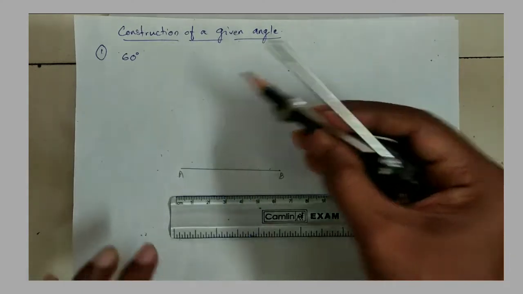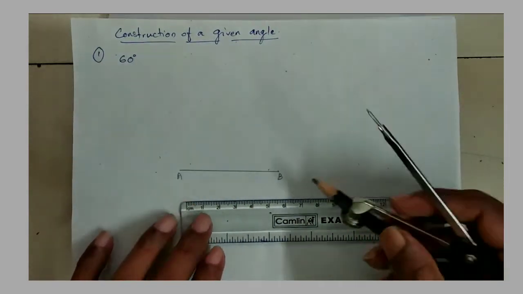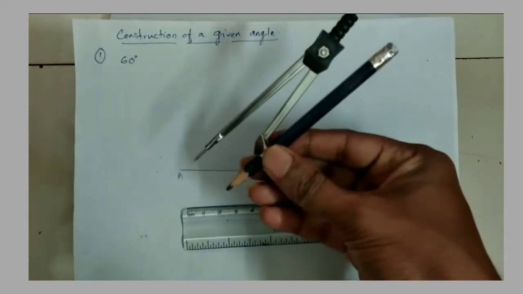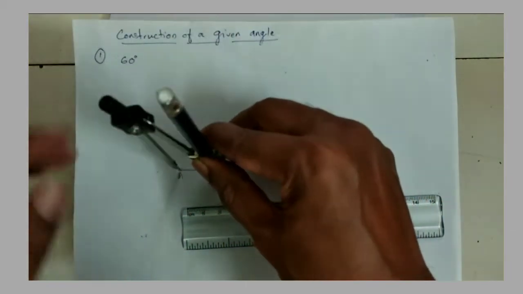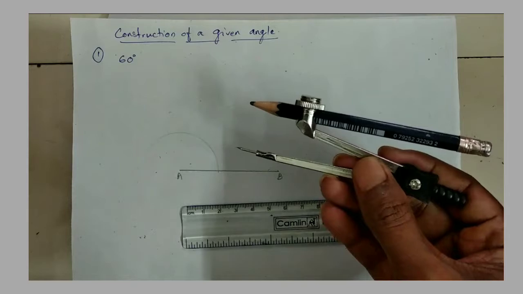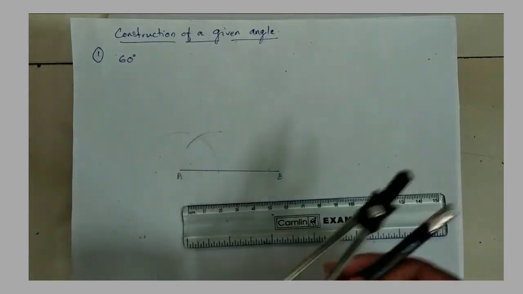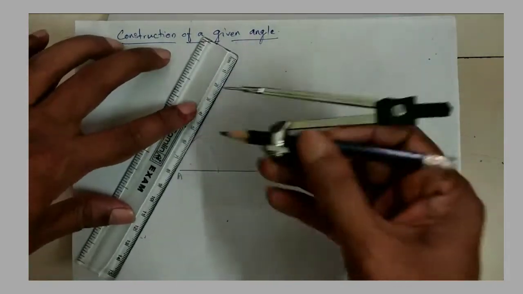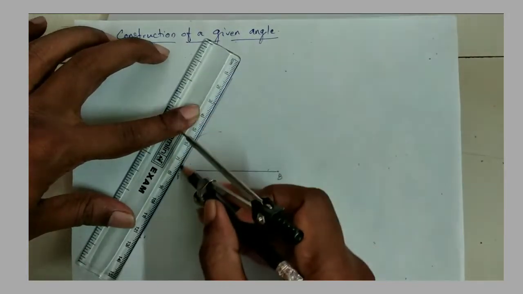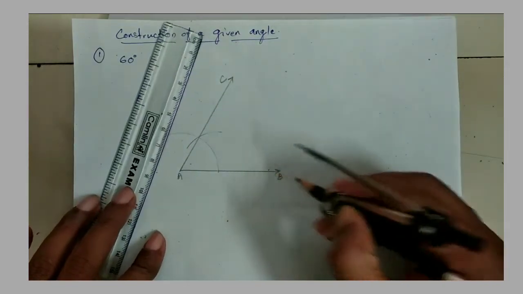Next, construction of a given angle, that is we have to draw 60-degree by using compass. For this, we draw AB, a line segment as your choice measurement, and take a convenient radius in your compass. Put your compass on A as a center and draw an arc. Put your compass on the first point of the arc and draw an arc in the previous arc and join. You will get a ray. Then mark C. So CAB is 60-degree.